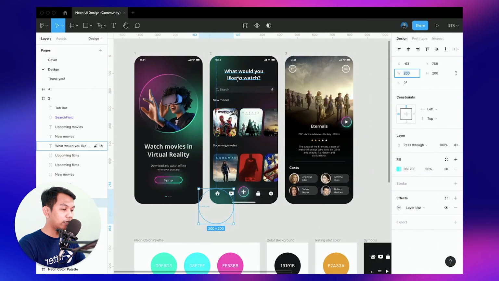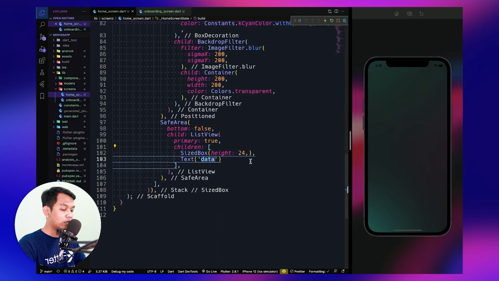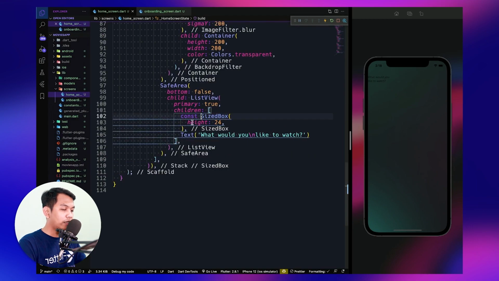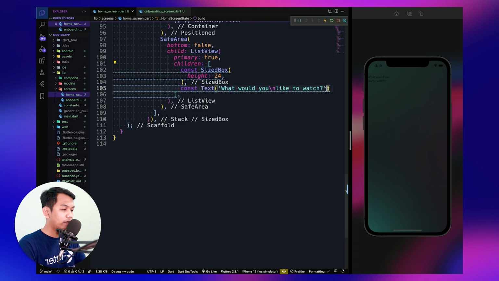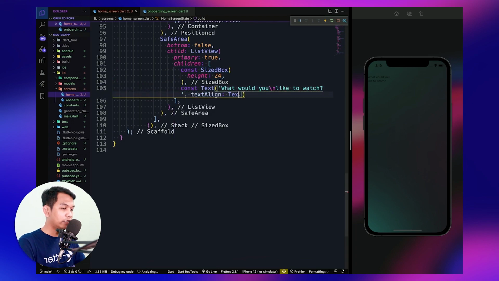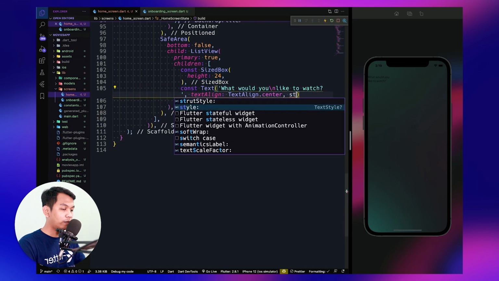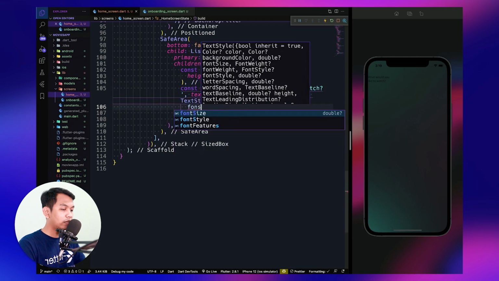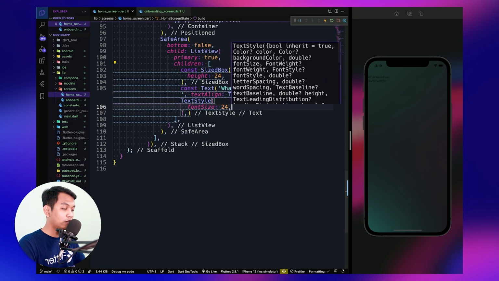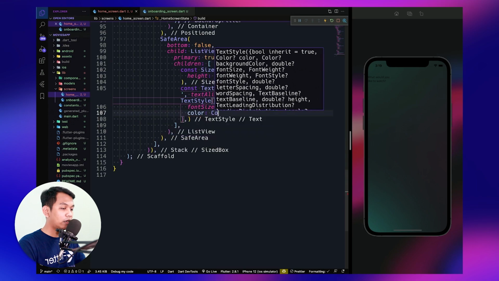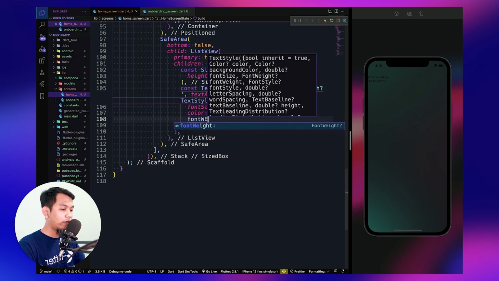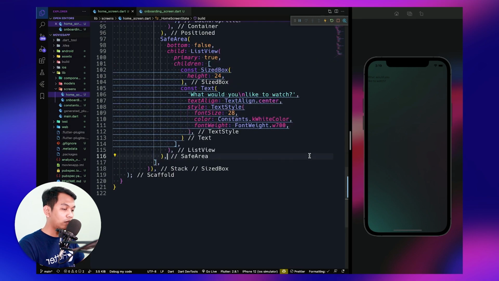And let's see the design. What would you like to watch? Just copy that. And we just need to give a new line here. And now we see, and we give const here and here. And what we need to say, textAlign, set it to center. And we need to give style, and we use TextStyle. What we need to set is the fontSize. We will use hard code, which is 28. And for the color, we will use white. And for the fontWeight, we will use bold, look like this.